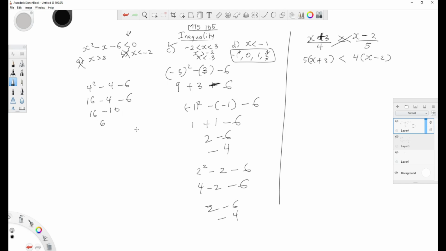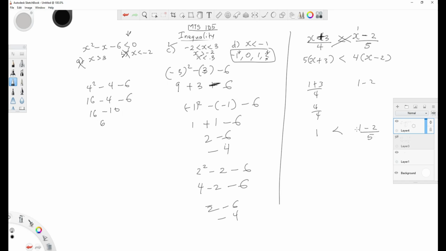To do something like this, you do it for both sides since x is on both sides. So let's assume the first of the options is 1. So put 1 here. 1 plus 3 over 4, which is 4 over 4, which is 1, less than, you also put the same 1 here. 1 minus 2 over 5,